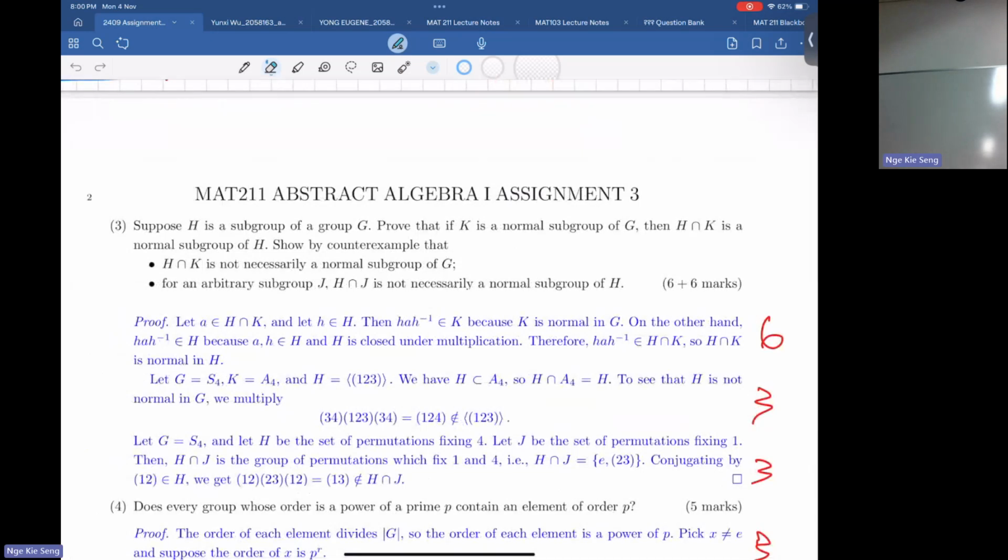Three, prove that K is normal and then the intersection is normal also. Some of you proved subgroup again. Actually, you can use whatever we did in the assignment and whatever we did in lecture. You can just quote them. But if in the exam I ask you to prove it again, then you need to do it. Otherwise you can just use whatever we proved in lecture and assignment.